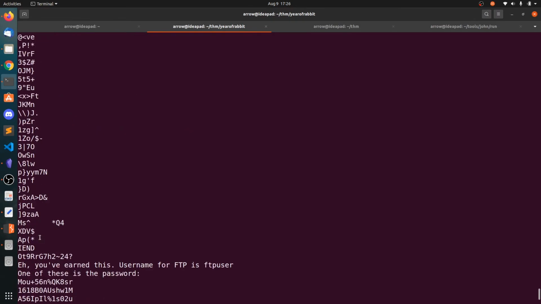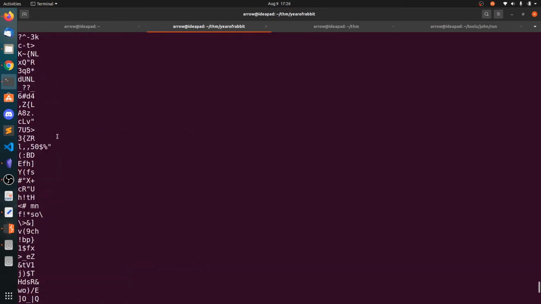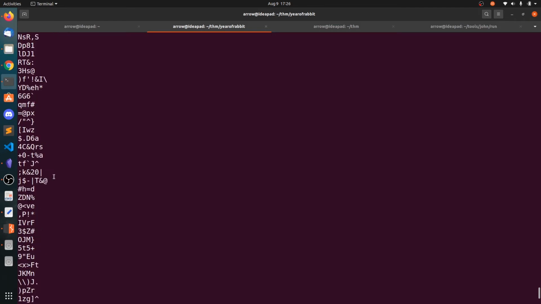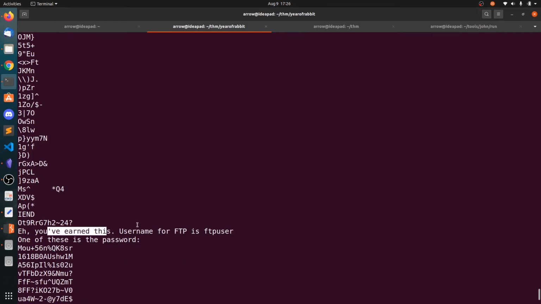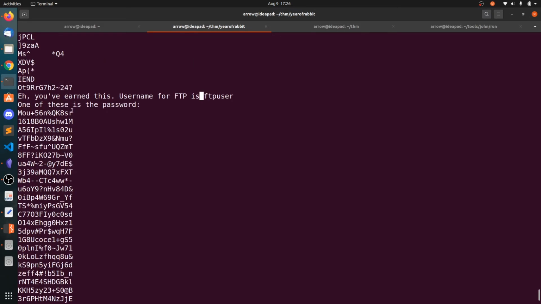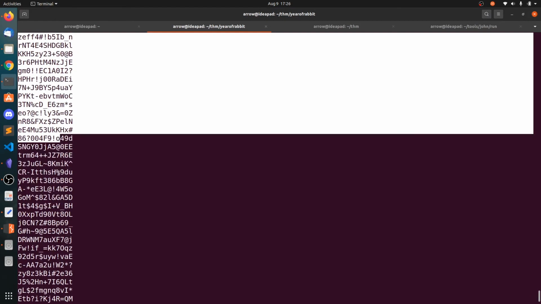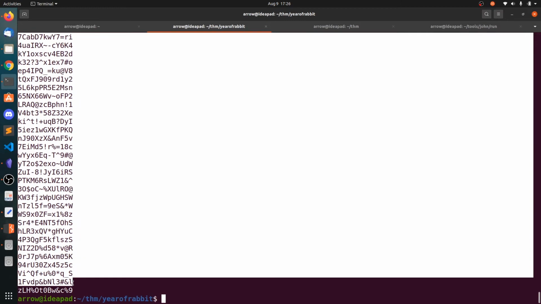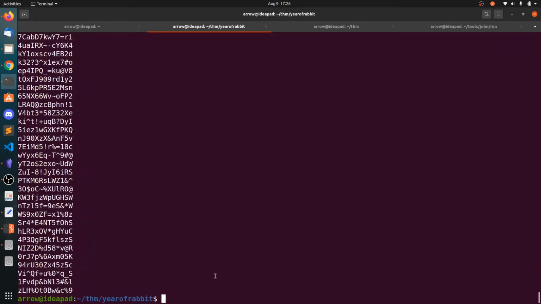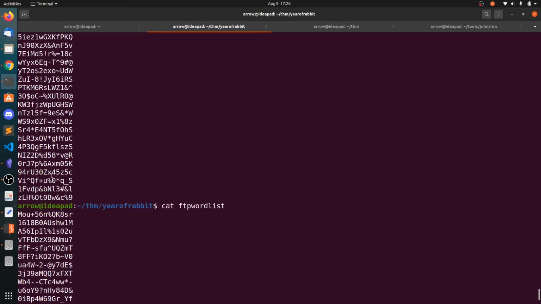So we have some content. You can see the username for the FTP is ftpuser, and one of these is the password. Copy all the content and save this in a wordlist. I have already saved this FTP wordlist, so this is the exact same wordlist.